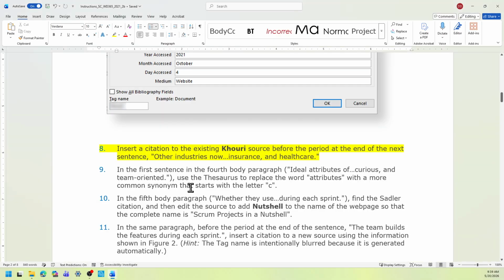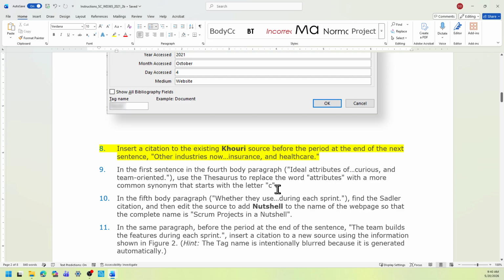In the first sentence in the fourth paragraph, starting with ideal attributes of, ending in curious and team-oriented, you're going to replace the word attributes with a more common synonym that starts with the letter C. Alright, so I think the word is character, but I will check.